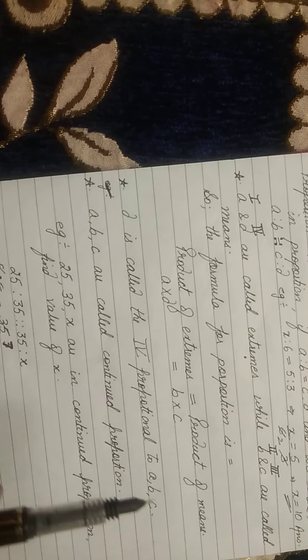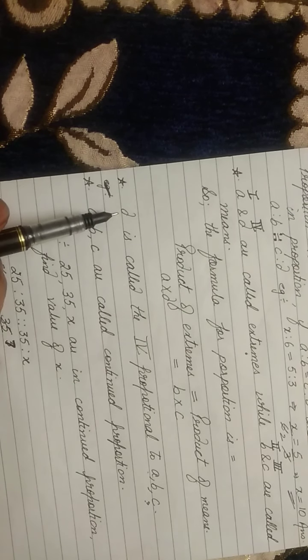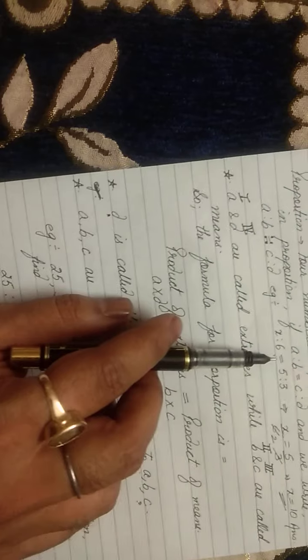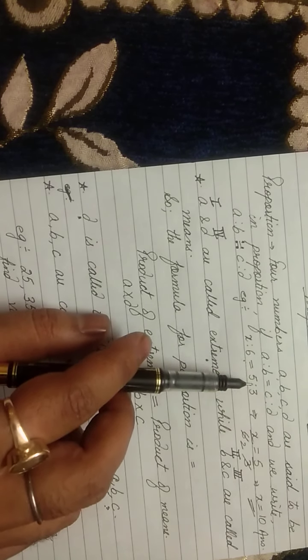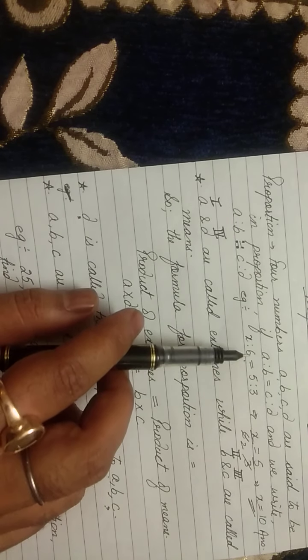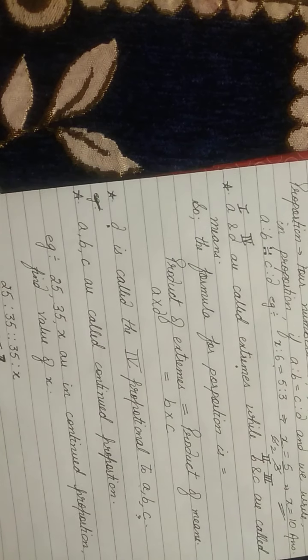Clear? कभी कभार क्या होता है, आपके पास ये तीन वैल्यू दी गई होती हैं और कहा गया होता है आपको चौथा निकालना है, तो उस केस में you will be using this concept only. Clear? That means A ratio B equals to C ratio D. So whatever you need to find out, you take the value as X over there and then you can find that proportion, that number.